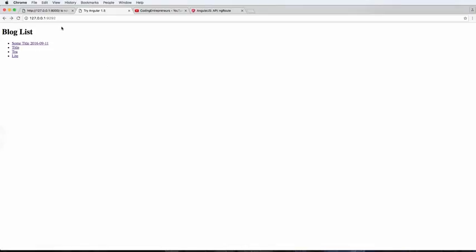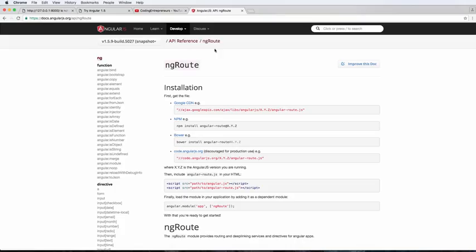So all these clicks, or if I go to about, I'm just going to be setting up the basic version of the URLs for now. It's not going to be perfect, but it is going to be something that works. So let's go ahead and grab Angular route. I'm going to go ahead and copy this from Google CDN. Of course, I could get the local file and do some other things, but I'm just going to use the